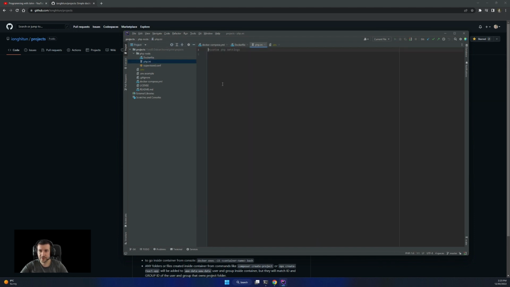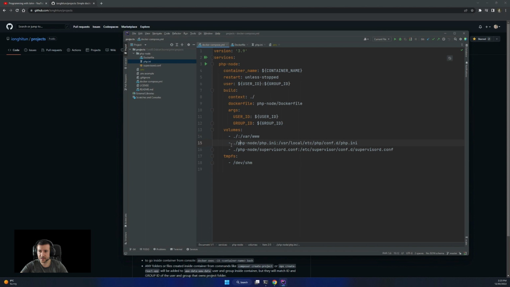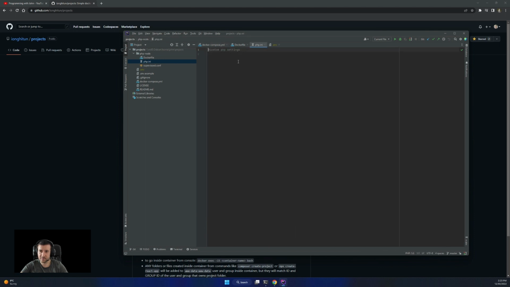And in these configurations that I have attached as volumes, I don't have anything in the PHP one now, but we can add, for example, if we want a memory limit, right? We can do memory limit equals, I don't know, 1 gig. Yeah, like this, 1 gig, my bad.